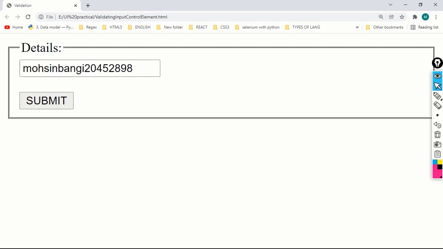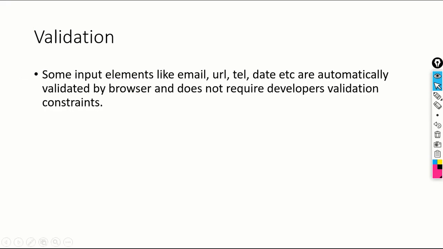Why is it happening? Because we are using the email input control element. So in HTML5, a few input control elements do not need validation constraints from developers. Okay, now let's move on.